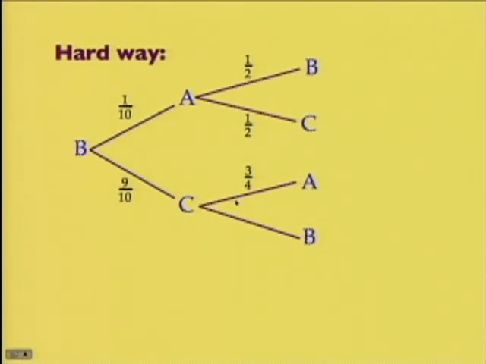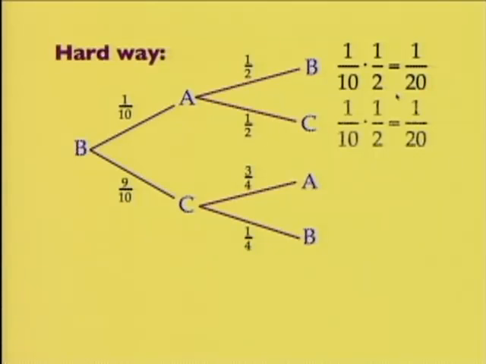And then Carol 3/4 of the time will throw it to Amy. That means that 1/4 of the time she will throw it to Brad. So you can look then and calculate the probabilities for each of these paths. The chances that it happens in this fashion, Brad, Amy, Brad, would be the product of those probabilities, so about